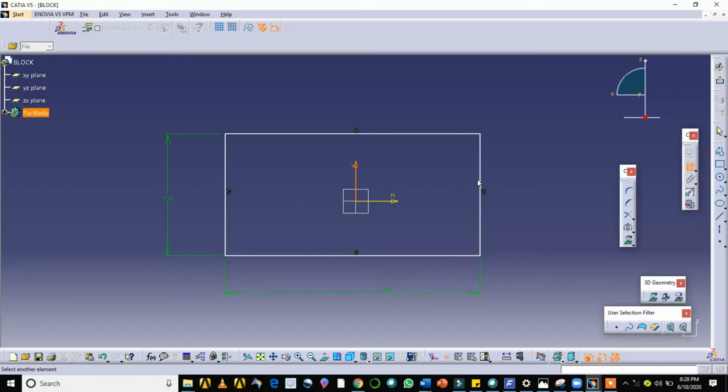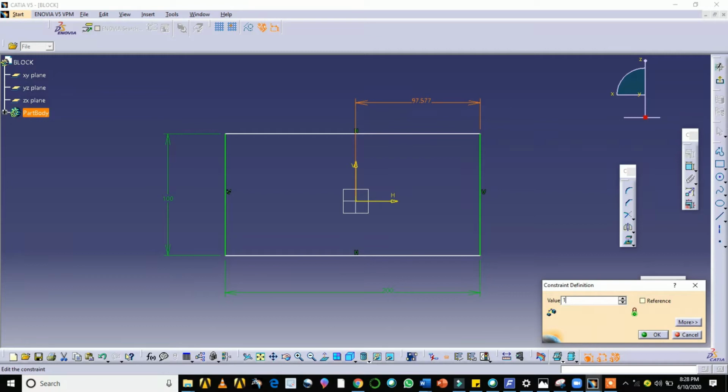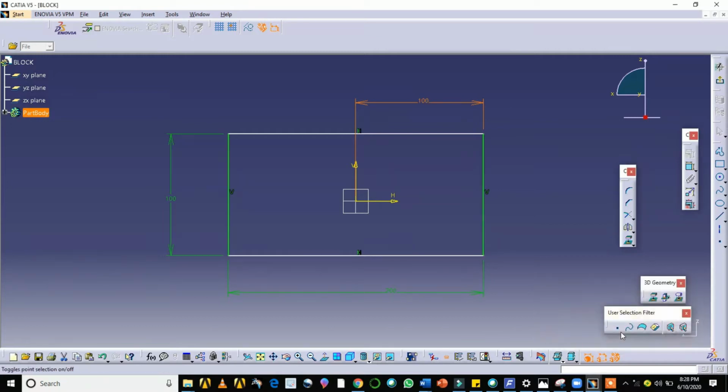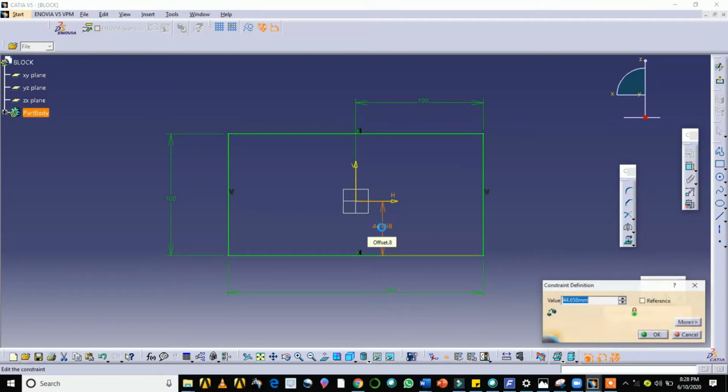Click this one and this. So let us assume it is 100 mm. Next, I need to give the distance of this from this point also. Let us assume this is 50.